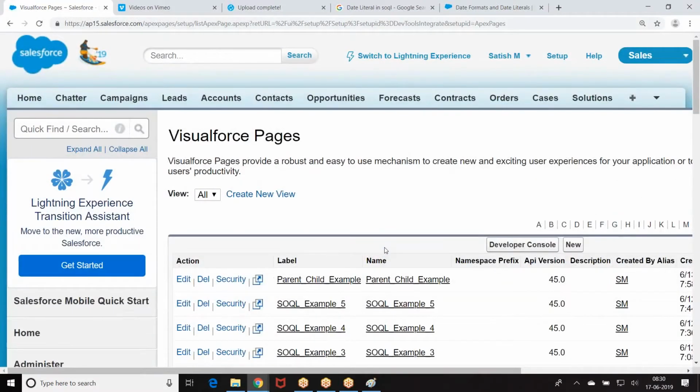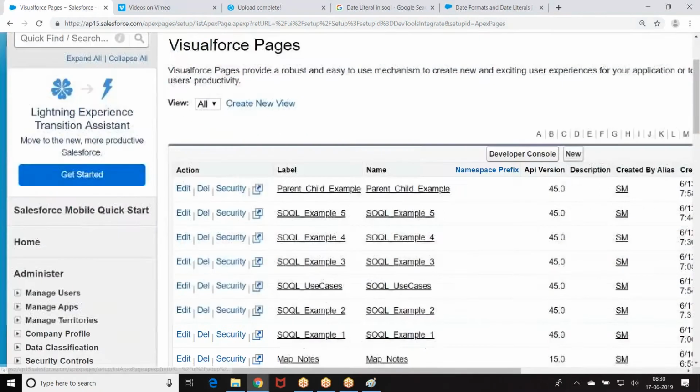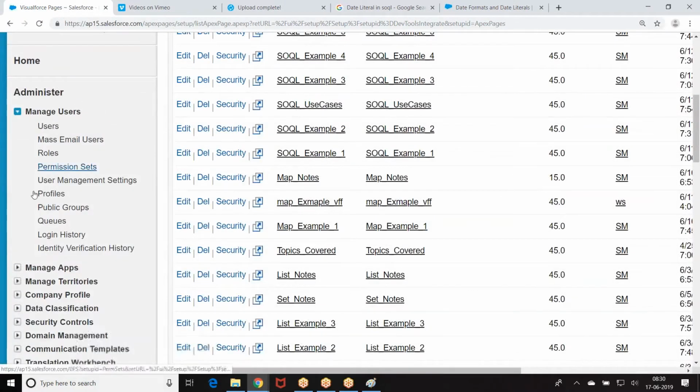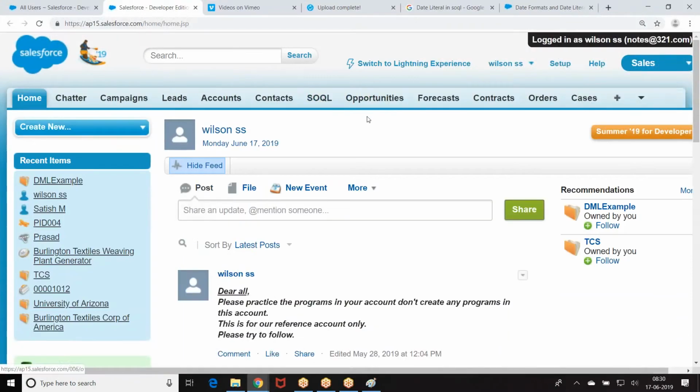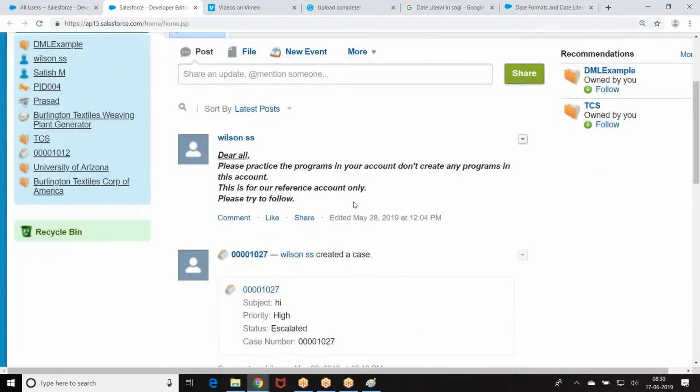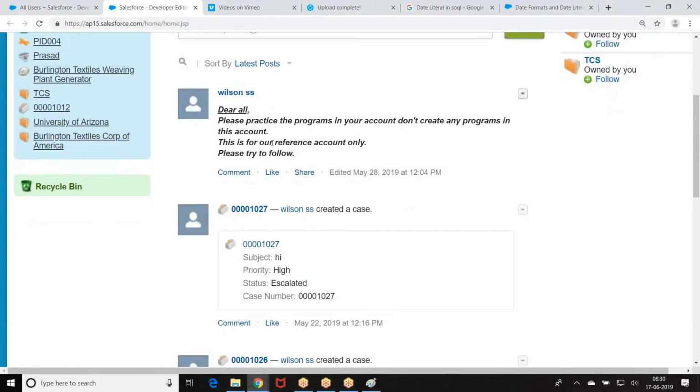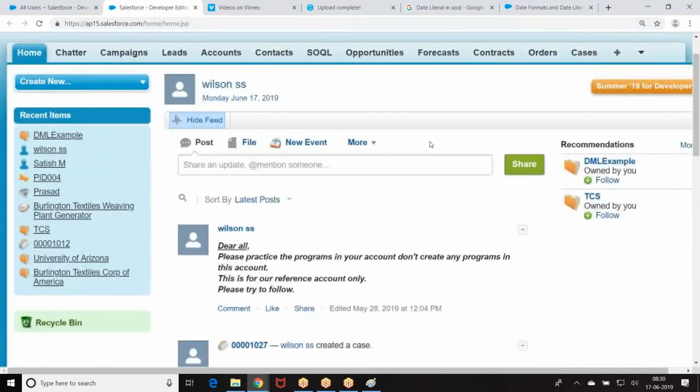Now, the developer console I disabled. People are trying to copy, but instead of Control C, they are giving Control V, Control X, so the code is getting deleted from the account. So we have removed the access to the developer console. You have been given access through the setup menu. Now you can go to your setup menu, and the developer console will be visible. It's not completely disabled. So this is the reason we removed it.